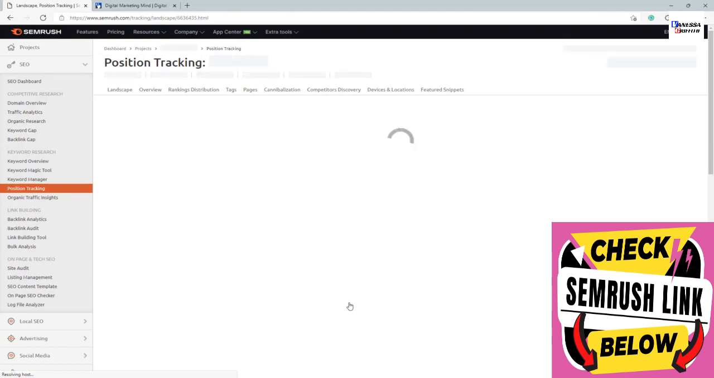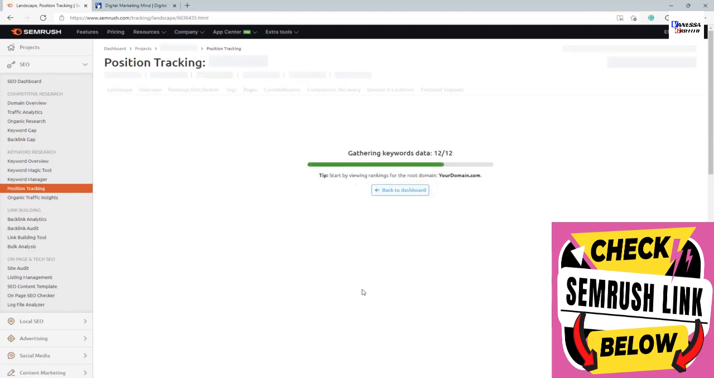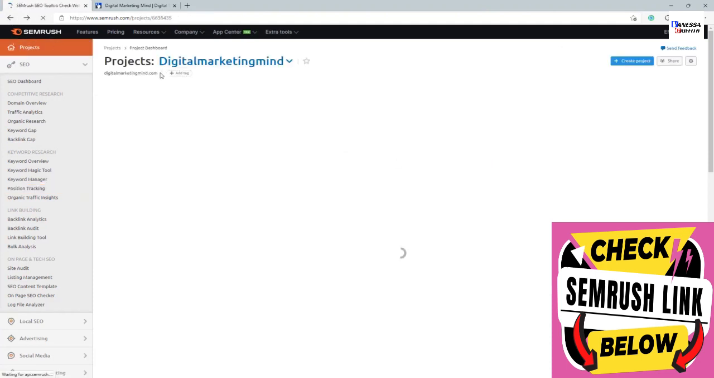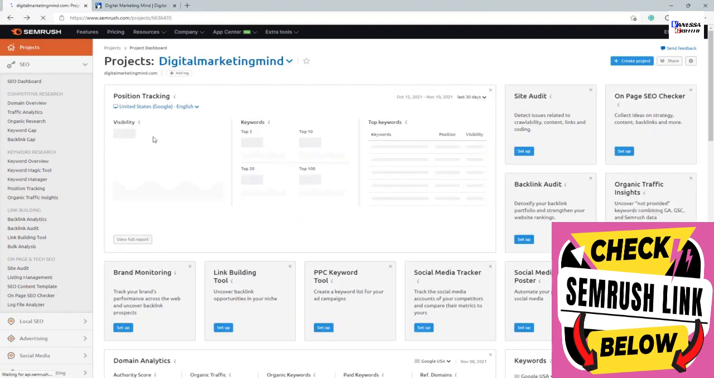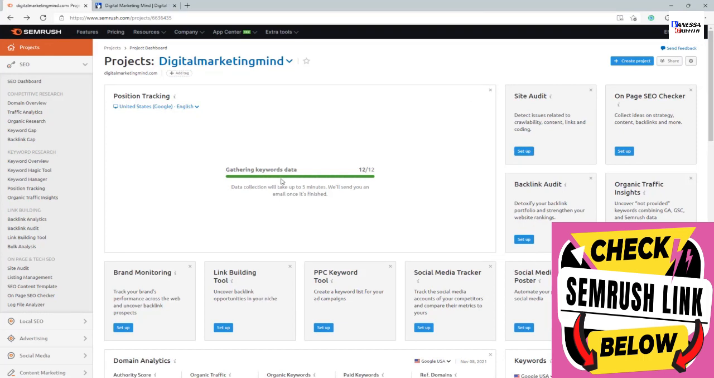It will take some time depending on how many keywords you have entered into this column. I'm going to go back so I can show you. It will take some time. You can see it's gathering keyword data right now. So while that is